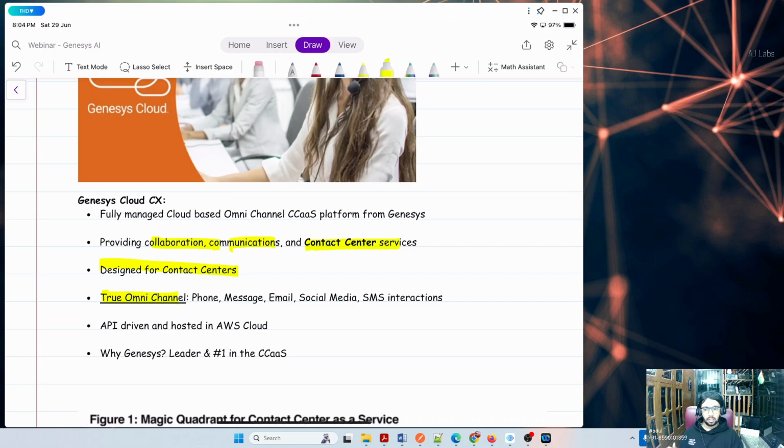Because of that, integration of Genesys with any other platform, or any other platform to Genesys, is much easier than with other contact centers available in the market. Then again,